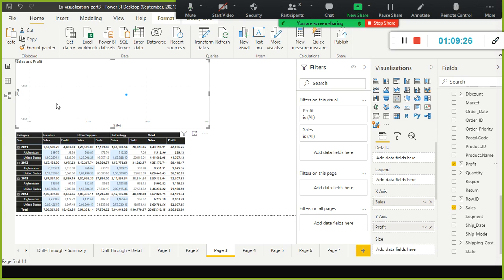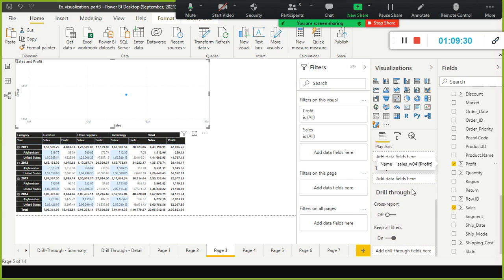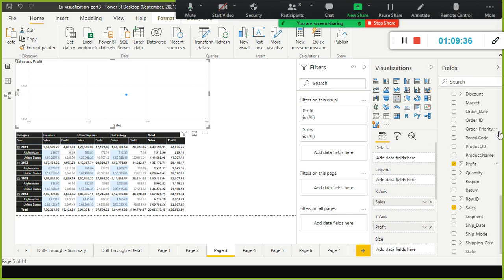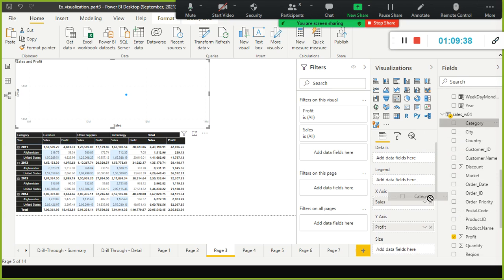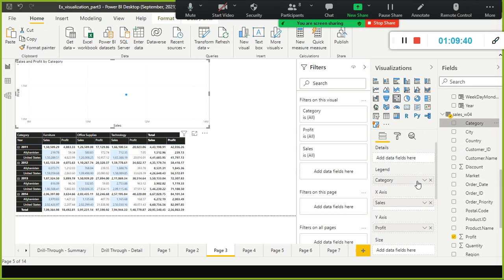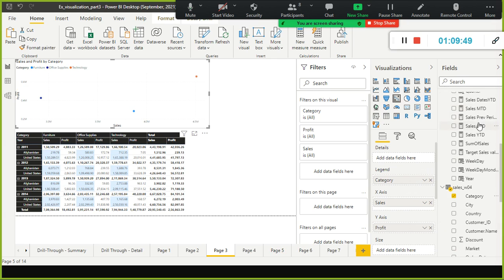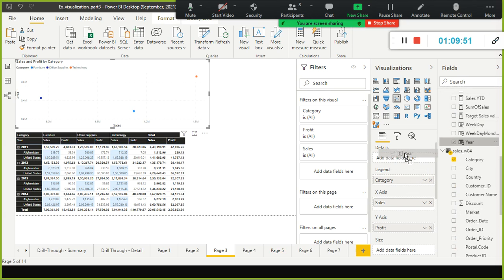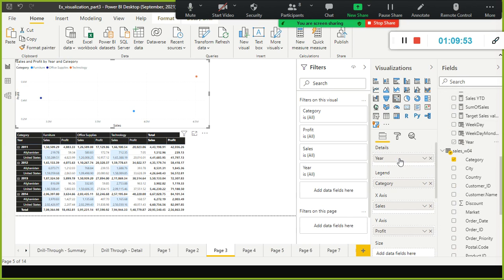Here we have different options available, and play axis, we will see play axis a little later. For the legend, I am going to drag and drop the category, and I will just put it here in the details.